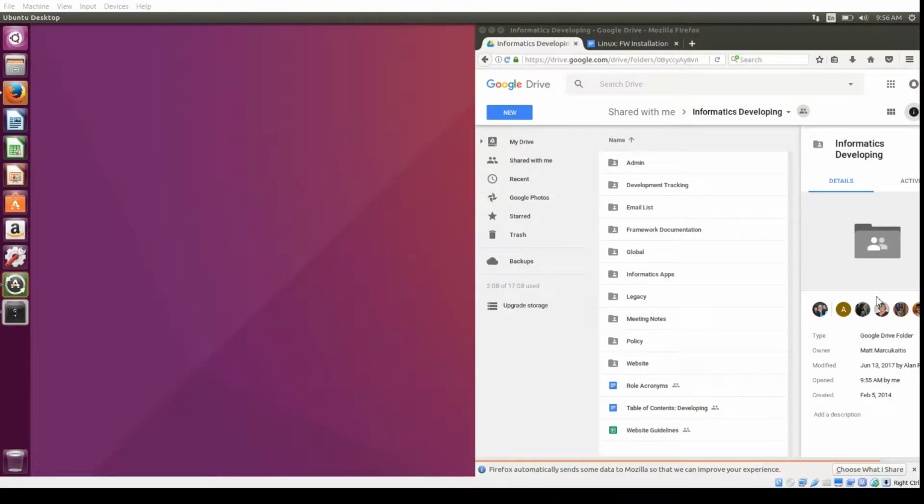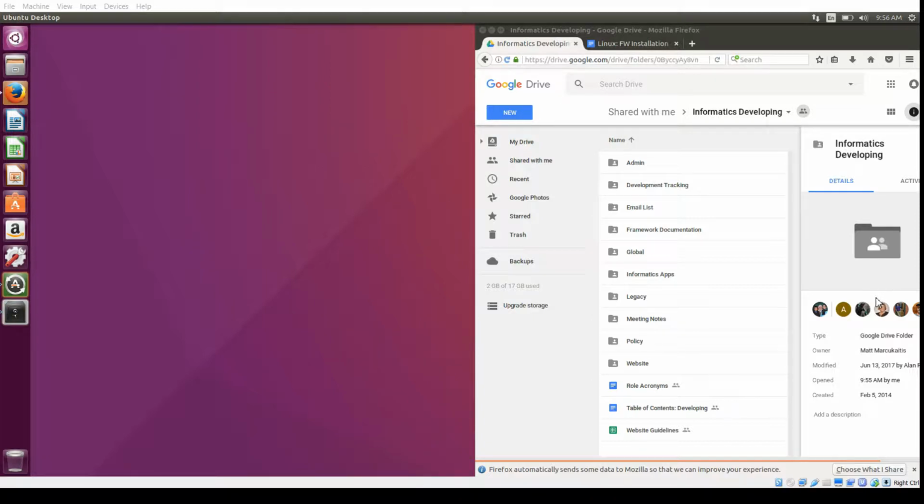Ross here. We are starting this tutorial series of FW development with the first tutorial, preparing your PC for FW development. So, the first thing that we're going to want to do is prepare our PC for FW development, like